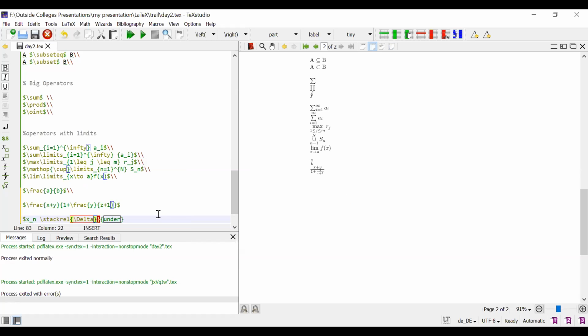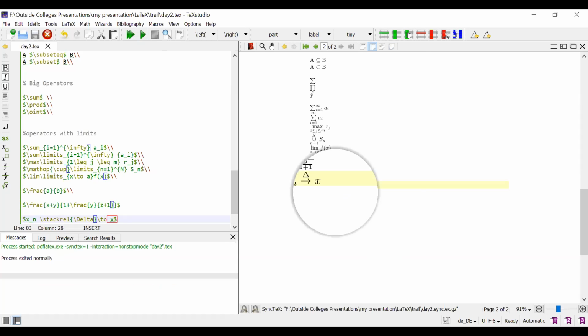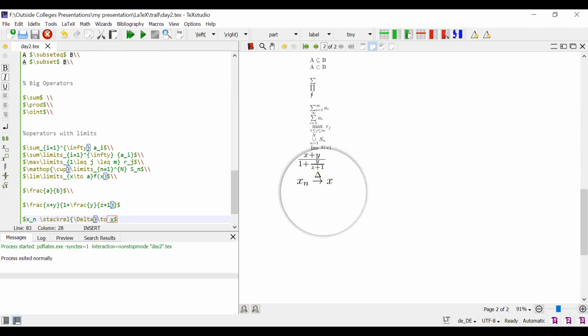Next, we can get one more brace. For the arrow mark, we write backslash to, then x. This is the stackrel of delta over the arrow to x, that is x power n tends to x. See this? Okay, like this you can perform different types of arrows.